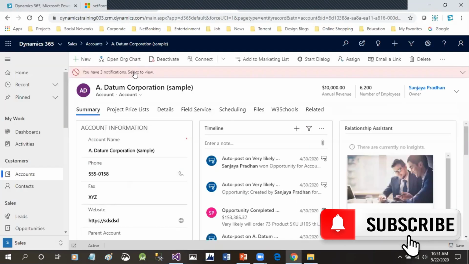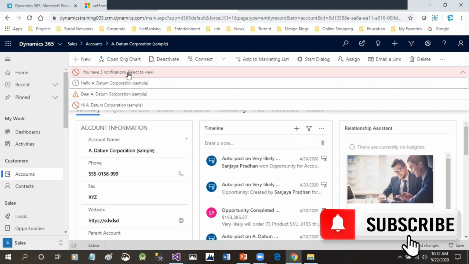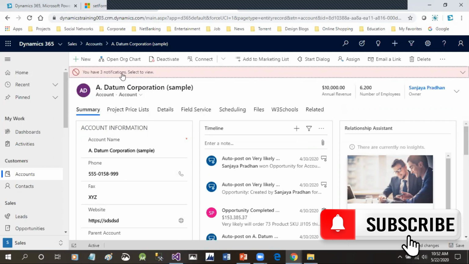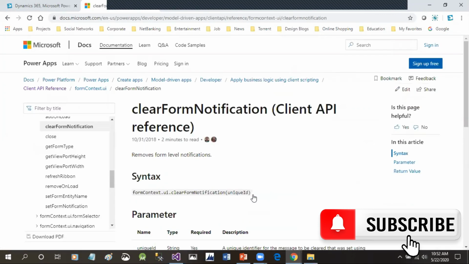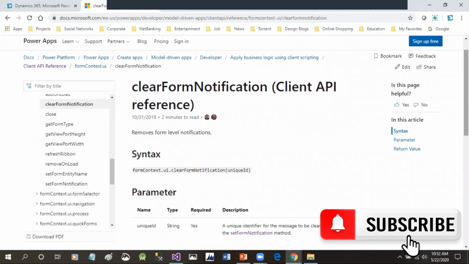So that way we can specify these notifications. Now, how to clear these notifications? Because if these notifications are displaying, then although you can change the values, the notification will remain persistent. This notification will not go out unless you call a function called clear notification, right? Now, for the clear notification syntax, you can come here and check the syntax. I always recommend do not type JavaScript syntaxes, because if you miss a single character as a capital or small letter, then it will not work.